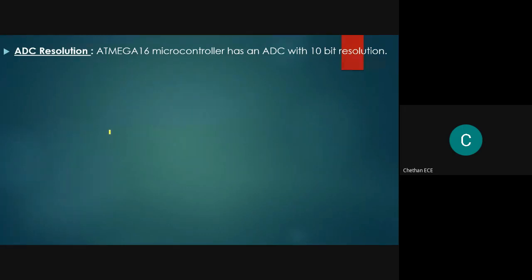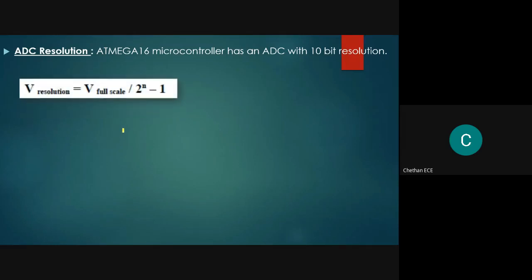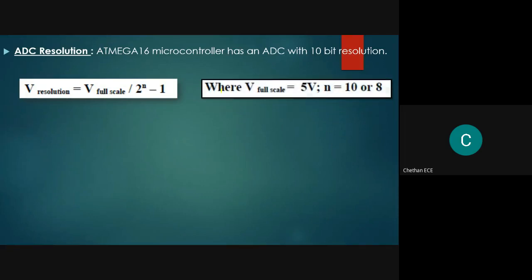ADC resolution is nothing but how many discrete values we can produce over the analog to digital conversion. ADC resolution can be given by this formula: V resolution equals V full scale divided by 2 to the power n minus 1. Suppose V full scale is 5 volts and n can be either 10 or 8, because the ADC has a highest resolution of 10 bits.